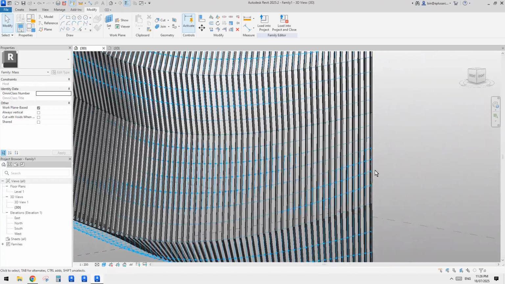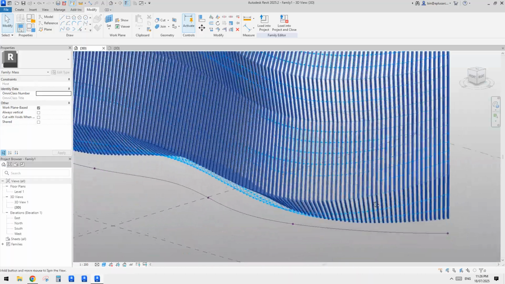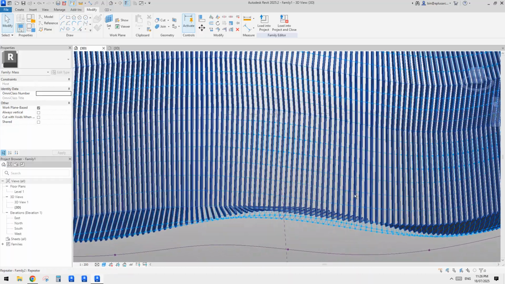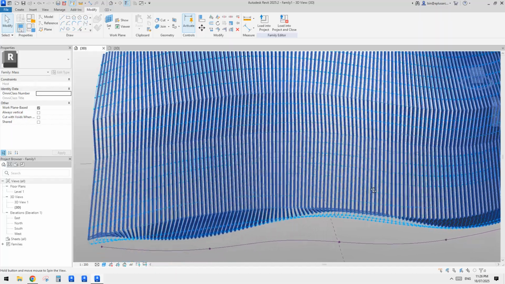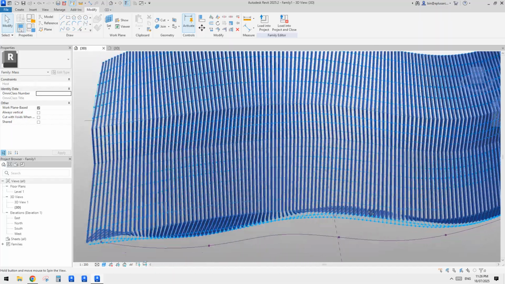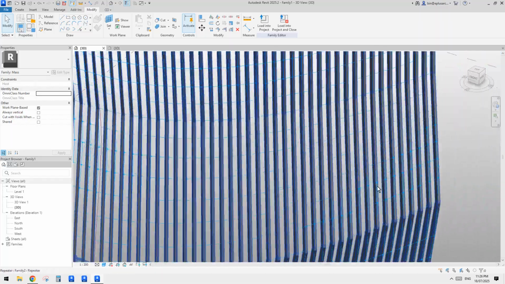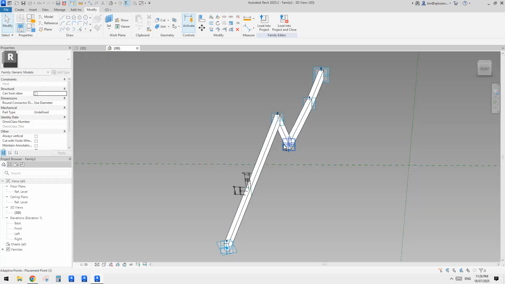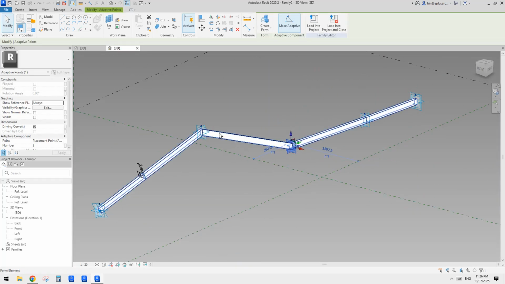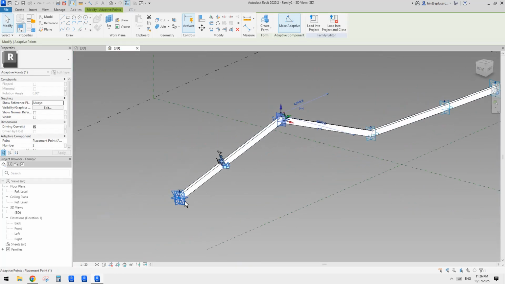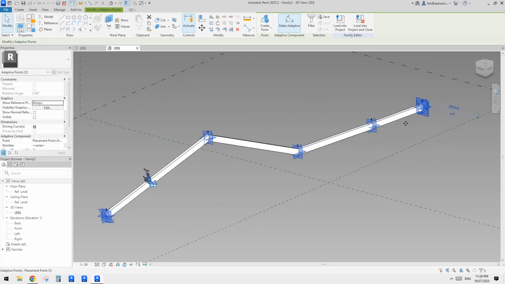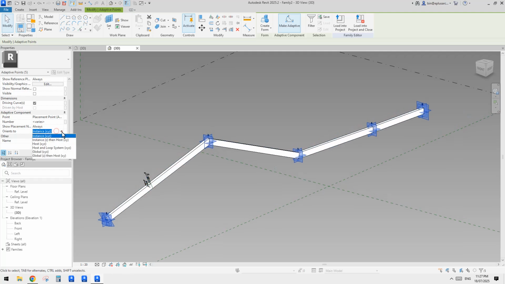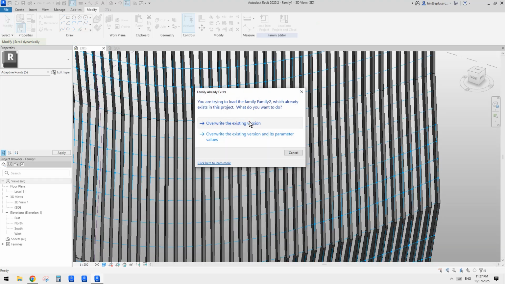So I wanted to check the orientation of this family, because sometimes it's just not right. I think it's okay, but yeah, I'm not quite sure. So maybe I'll try another one. So to change the orientation of that, if you want to change, one option is you can always go select all these points. So instead of instance, I'll change this one to host. Now load this back, overwrite,